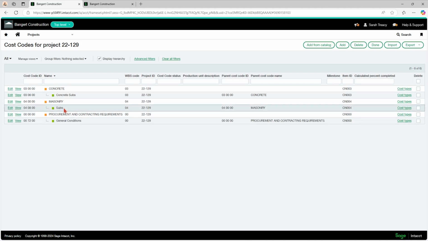Sometimes you could just maybe take out an S or add in an S to make your life easier. If it's something like this, where it's part of multiple different cost codes, give the parent cost code name at the top of it or something like that, just to help out. So hopefully that helps.